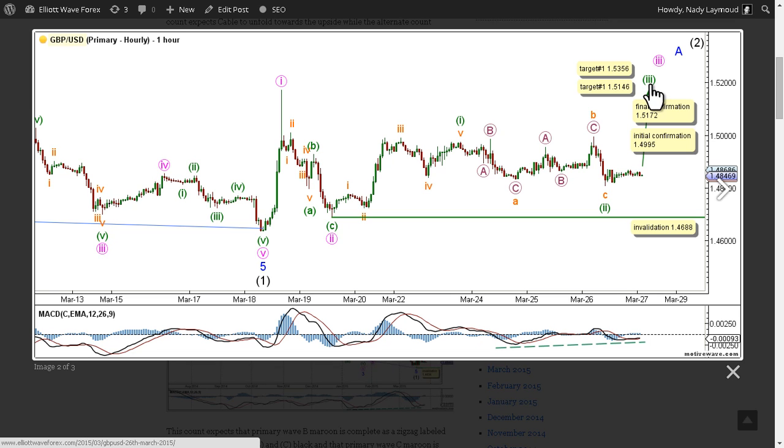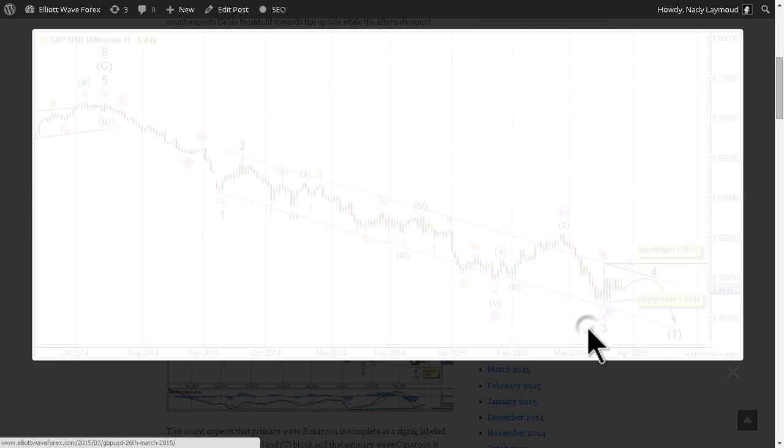As far as MACD readings go, the hourly MACD shows a divergence between the end of wave C orange and the end of wave A orange. Such divergence is expected by the end of second waves. However, the hourly MACD shows that the recent sideways movement is hovering around the zero line, and since such behavior opens the door for a possibility of a triangle being underway, therefore we have an alternate daily count,